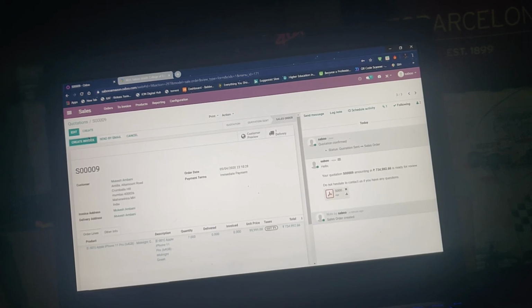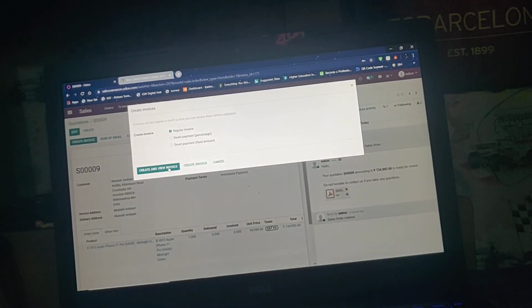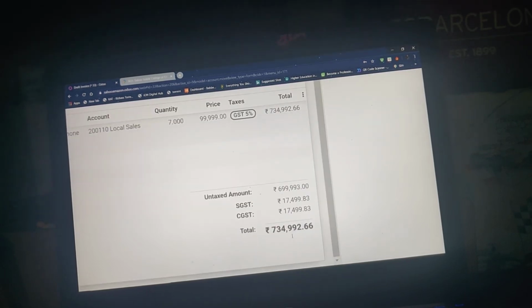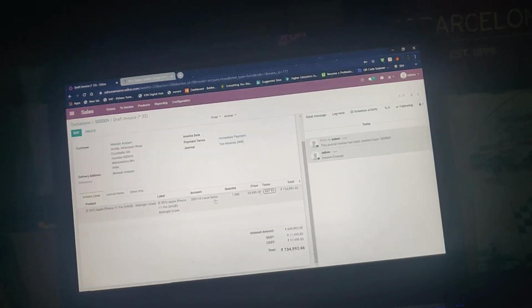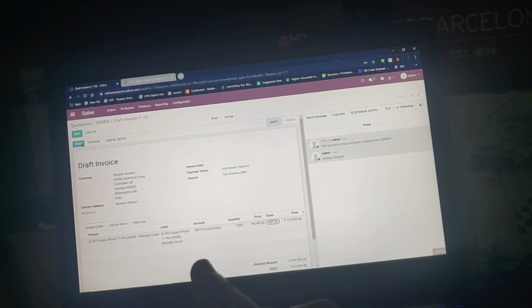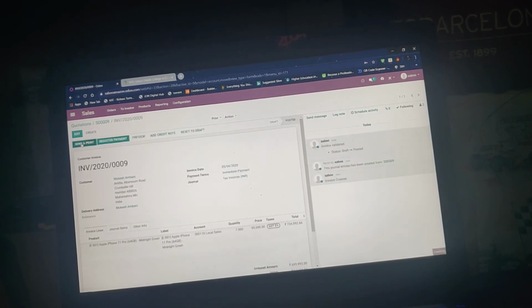So we've got this. Now let's create an invoice which will be used for billing. We can create and view the invoice if it's possible. It is slow. I'm sorry. Yeah, here's the invoice. Quantities. Mr. Ambani will have to pay approximately 7 lakhs of money. Okay, so we can post it. And we have posted it, which means